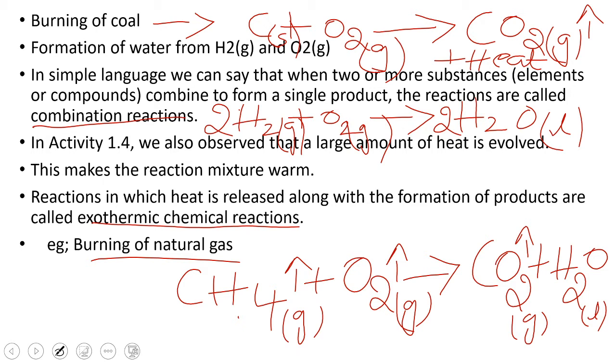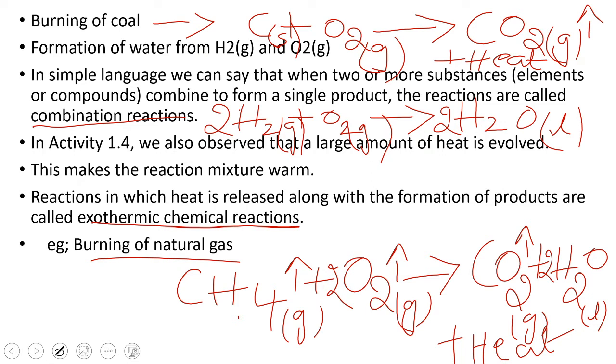So what we'll do is we'll write 2 here, then hydrogen got balanced, and now oxygens are 2 and 2, so 4 oxygens are there, but on the reactant side only 2 are there, so we'll write 2. Now this is a balanced equation. In this reaction also a large amount of heat is liberated. So the chemical reaction in which heat is liberated is termed as an exothermic reaction.